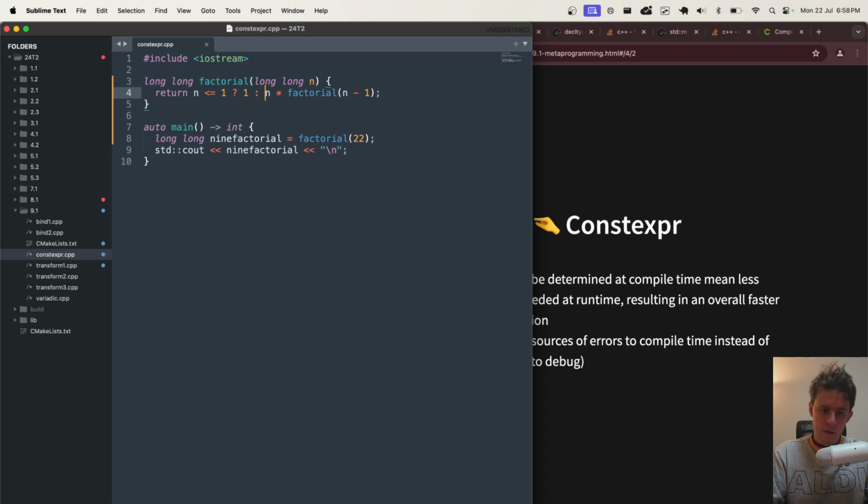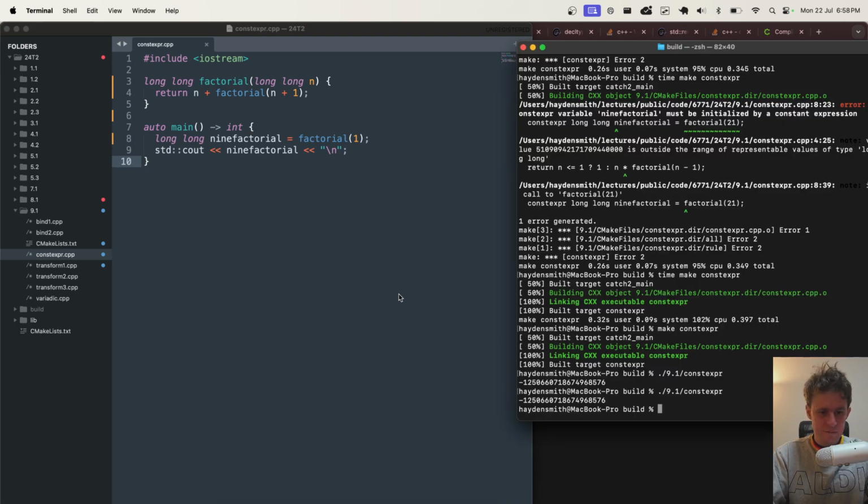I don't know, I don't want to waste too much time on it, but you'd basically say return n plus factorial n plus 1 or something. Would that even make sense? Sure, maybe. I probably should leave this one alone now.